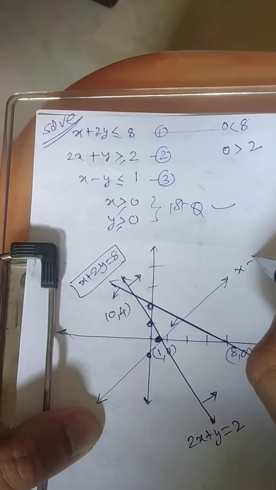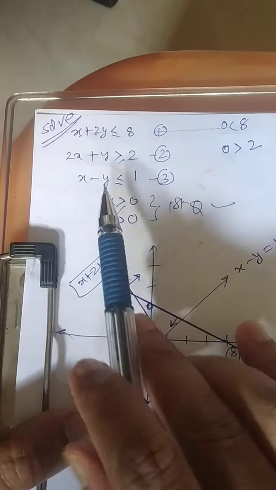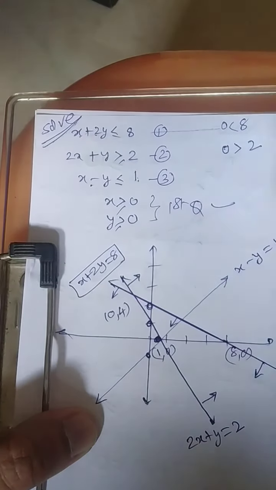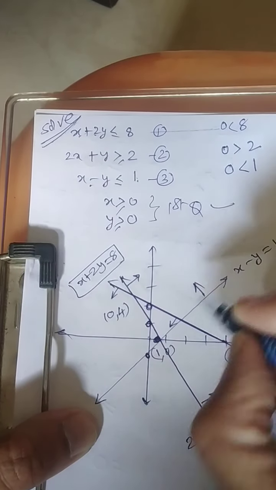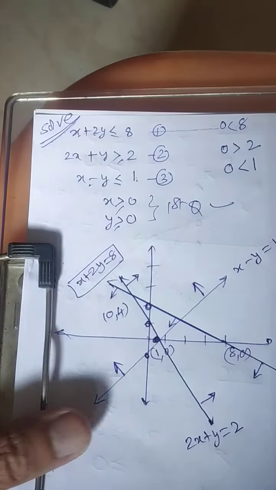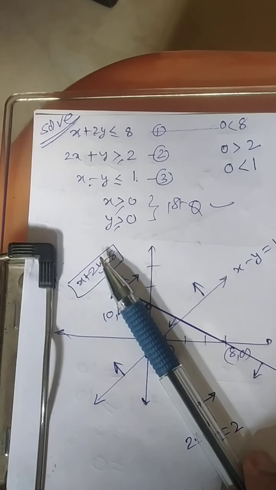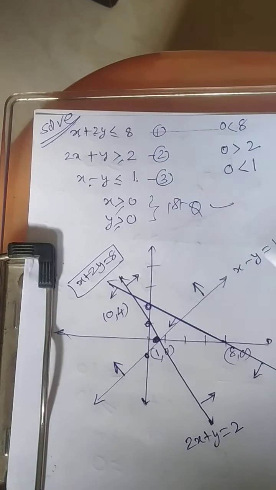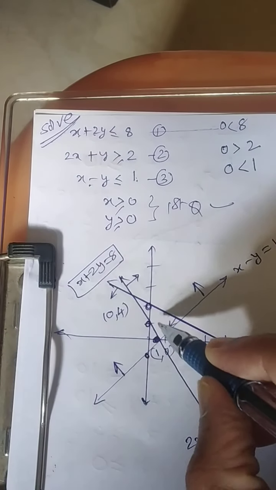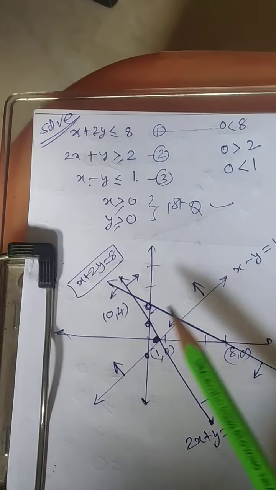Whose equation is x minus y will be equal to 1. I am just putting 0 over here. 0 is less than 1. If it is true, move towards the selected point. Now talk about all cases. Listen. Right side of this, down of this, upside of this. So you have to shade the portion which is common over here in the first quadrant.